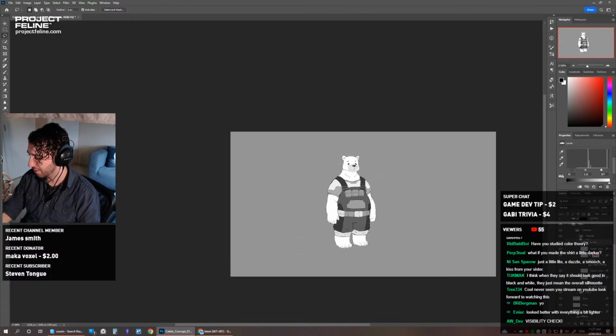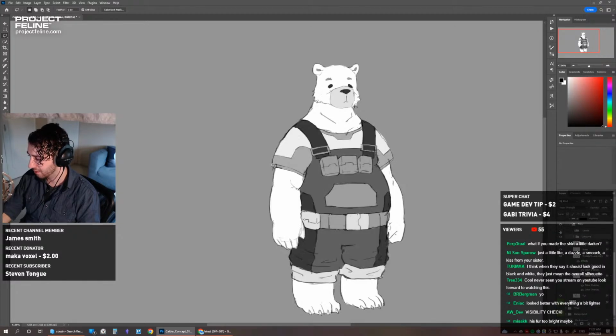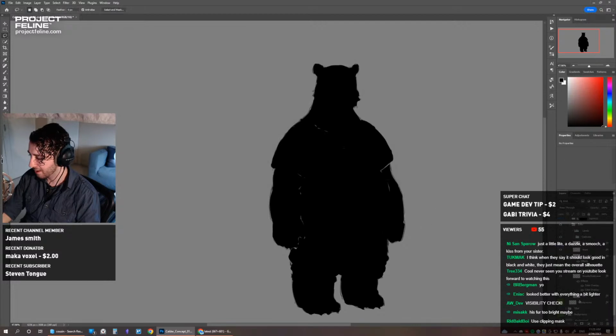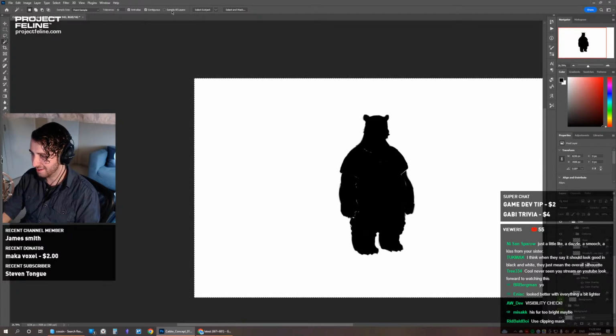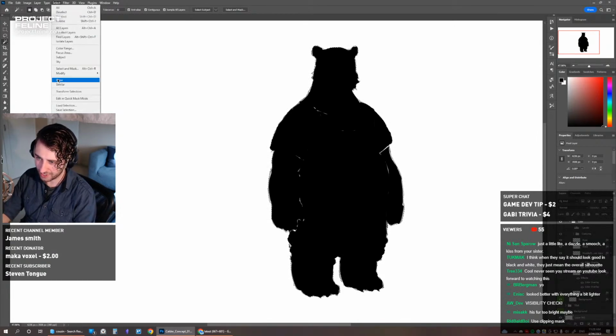Actually, you know what? We should probably make some kind of mask, because I want to add some shadows just to see how it looks with shadows too. So we'll create a quick mask around the character. What we're gonna do is take the entire folder and add a black color overlay to it. I'm gonna make the background white, and then we're gonna use the magic wand tool to select all the white. It's really hacky, but we don't need a perfect mask at the moment. And I might contract it a bit.